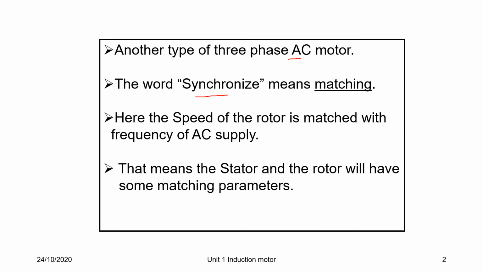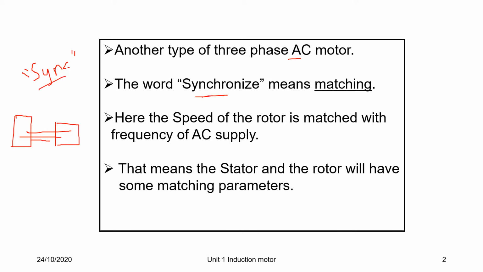Synchronize. What do you mean by synchronizing? It is called matching. For example, if you are buying a new mobile, it will ask you to sync contacts. In the new mobile you will come across this term, sync. That means if you have two devices, sync means all the contacts in the first device are matched equally to the second device. This is called synchronize.